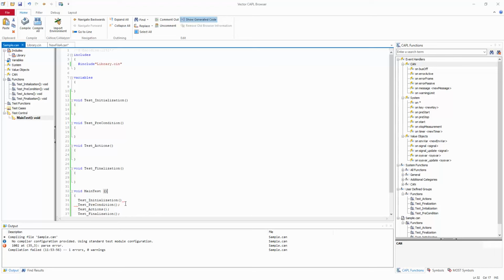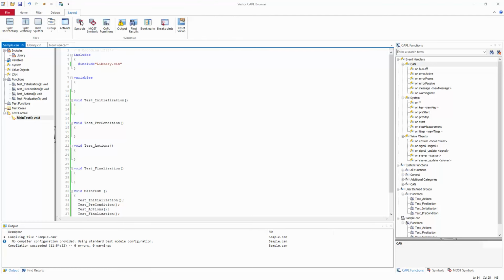I get a parse error because I have an error at the semicolon. So you see, you're getting the details like what is the error that we encountered during this compilation, and the details with respect to that error. So it is a parse error, and what is the type of the error. If you rectify it and then do a compilation, it just vanishes. So that is the purpose of the output.